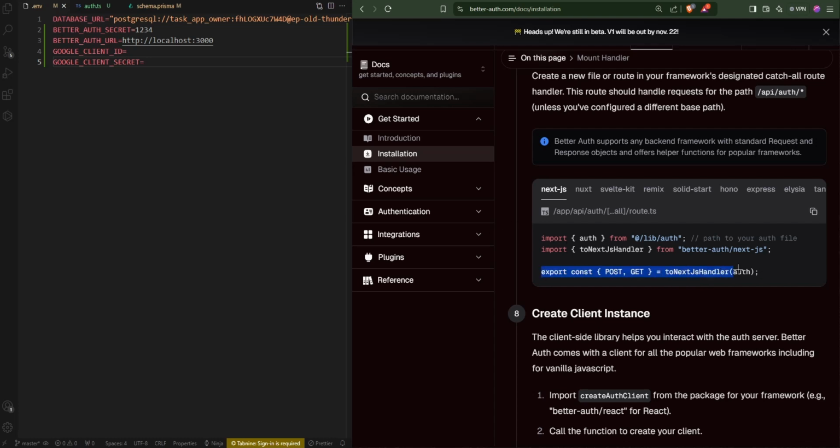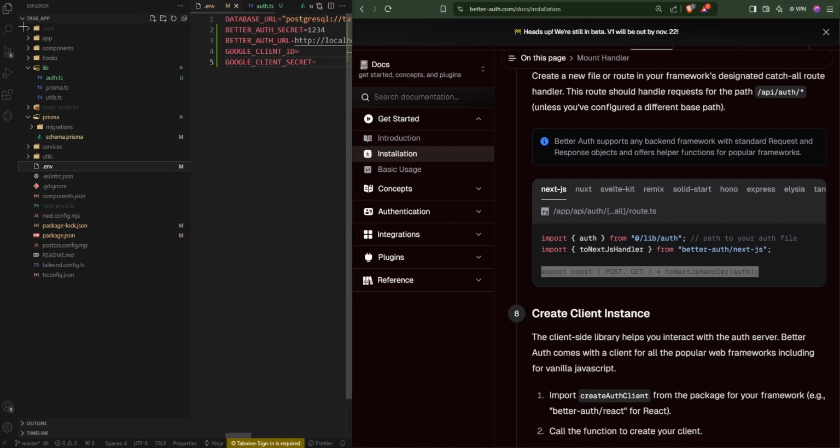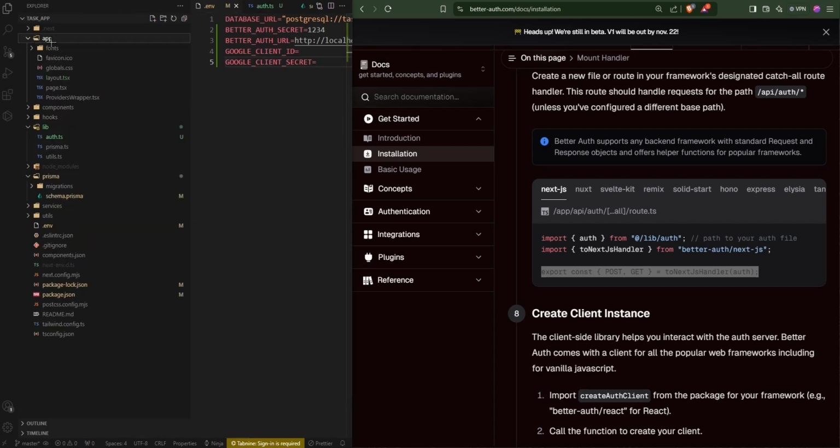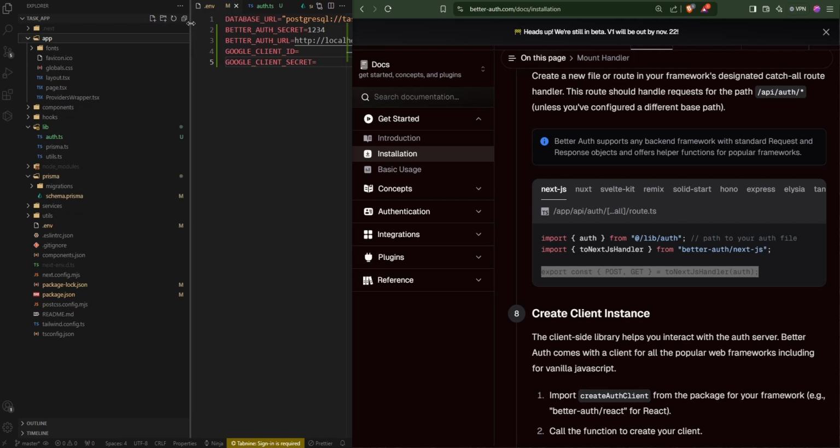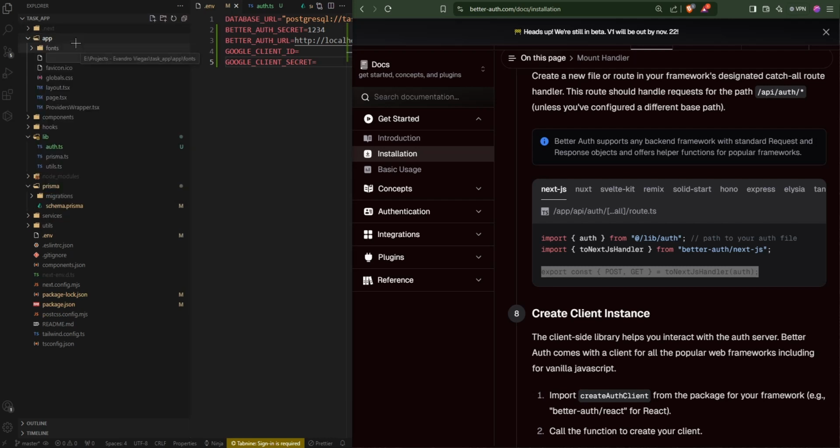So inside of app, we're going to create a new folder, api/auth, then square brackets, three dots, then all, and then slash